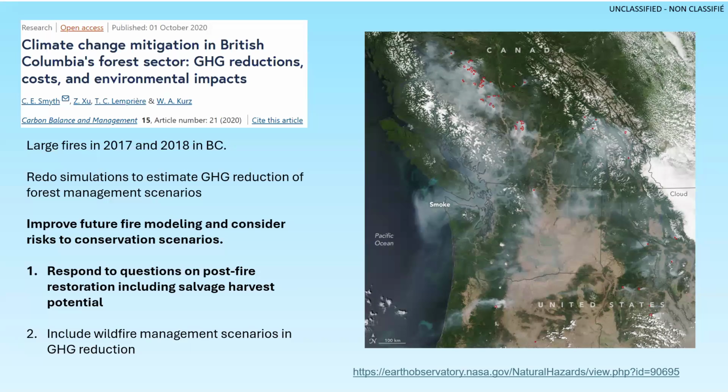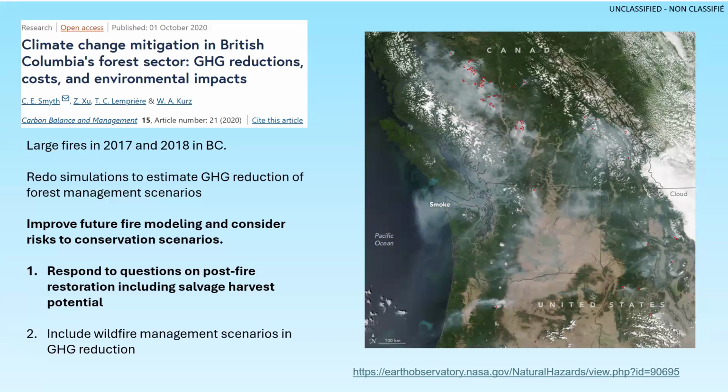And at the time, we had a very simple assumption about future fires. So we redid all of the analysis, and we were finishing up in August of 2018. And a 1.2 million hectare fire season was in full throes. So we then understood that we would have to get a much better handle on modeling future fire. We couldn't just keep redoing all the simulations every time we had a bad fire season.